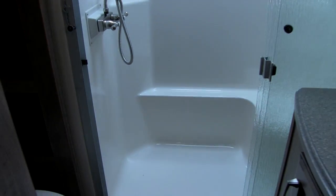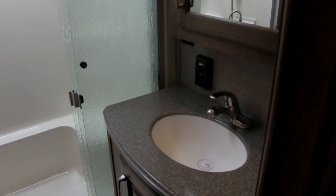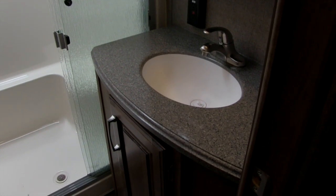Above that is a massive linen closet. You can see right there, you have plenty of room for towels, everything else that you're gonna need. And then big one-piece residential shower there. You can notice you have plenty of shelving space, hand wand with the shower arm, which is awesome, and a big skylight up top. You'll also see a seat in there, so if you need to sit down, you can do that. Mirrored medicine cabinet with storage behind that, and then down below is a huge vanity, great countertop space